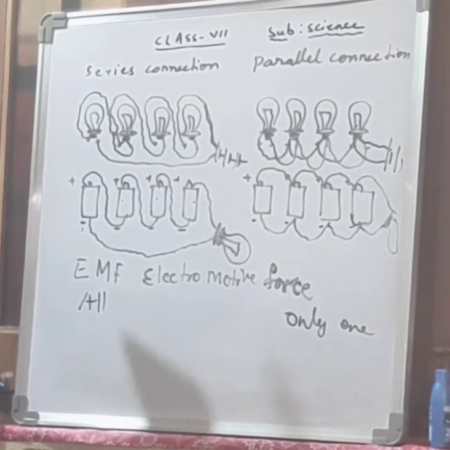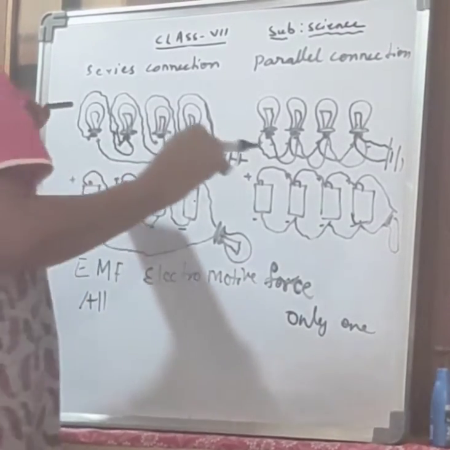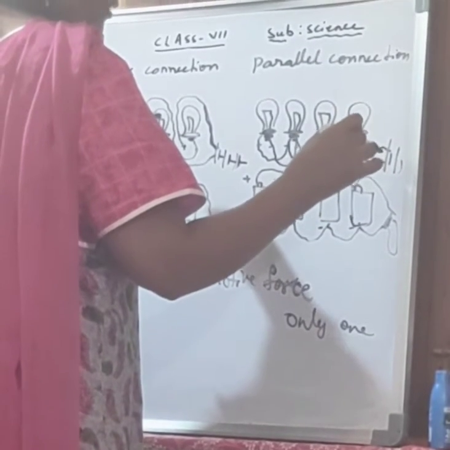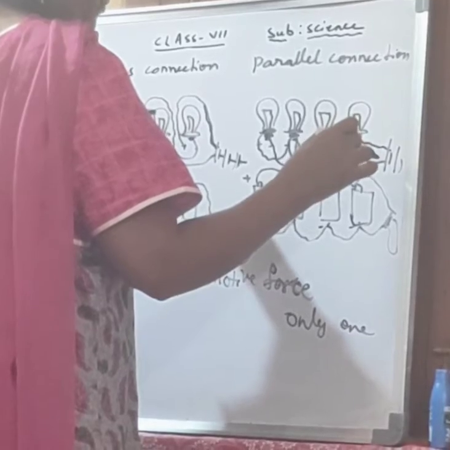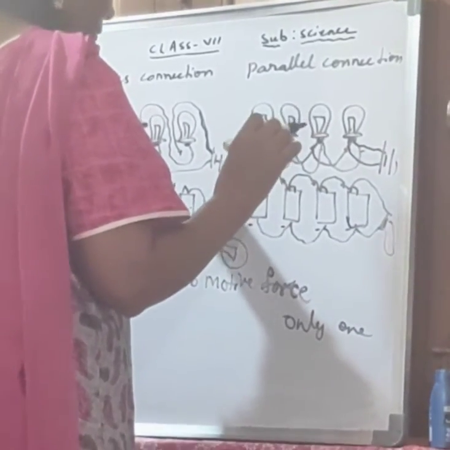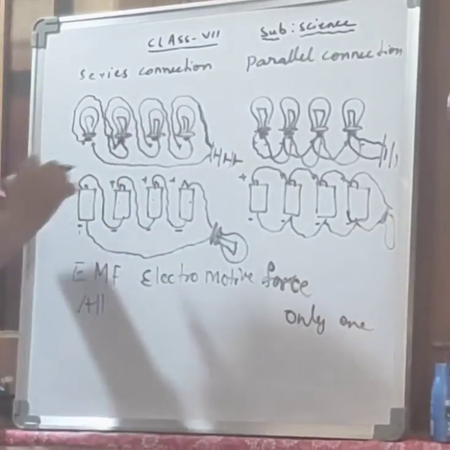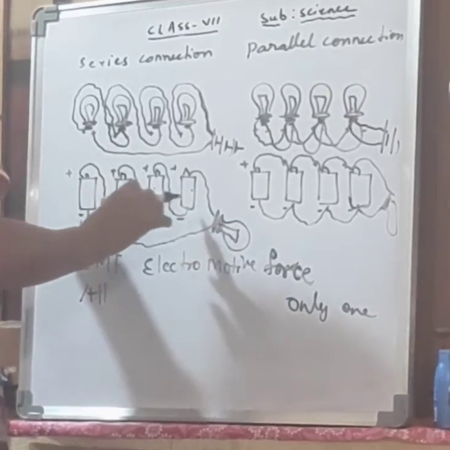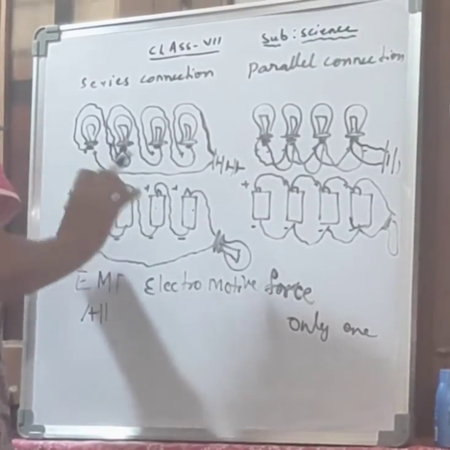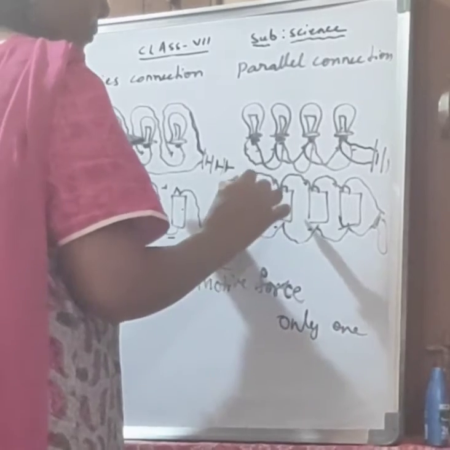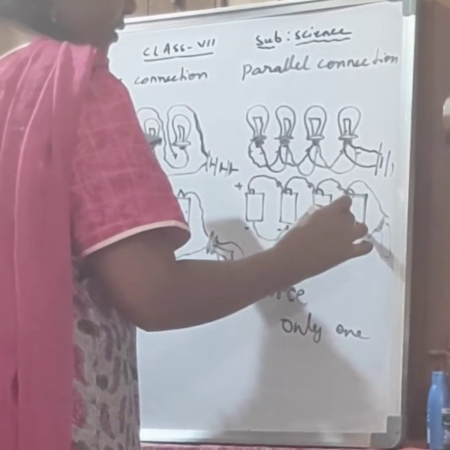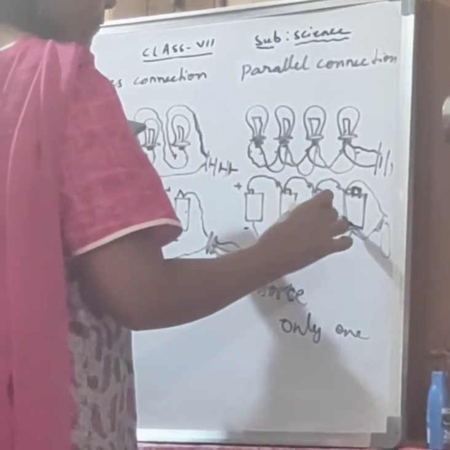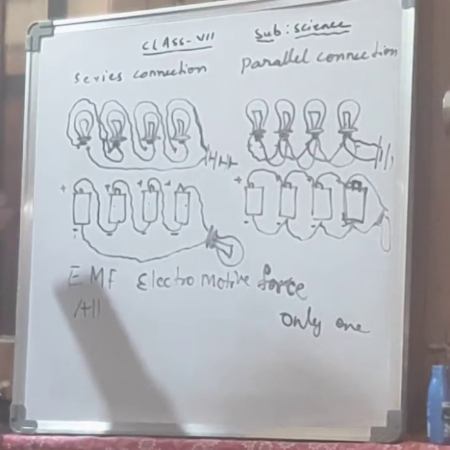So here, if you are connected to a bright battery, a bright inverter, all the bulbs give bright light, okay, it's okay. But the problem with the cells: if you connect them in series, all the batteries' power we can use up. But if you connect the batteries in parallel, only one cell's power we can use. That is the difference. Understood?